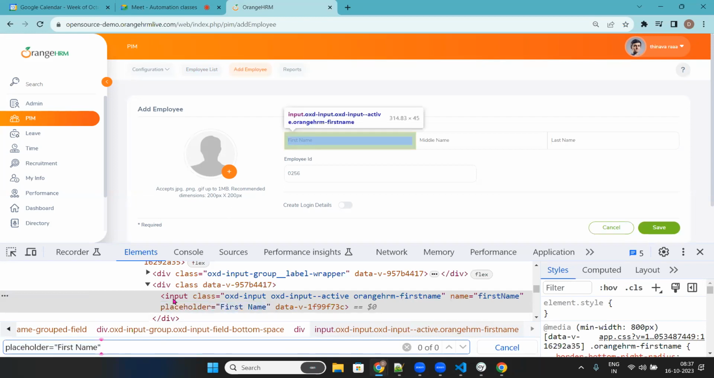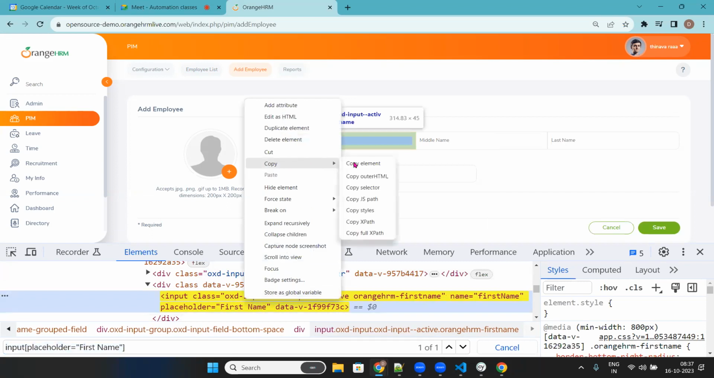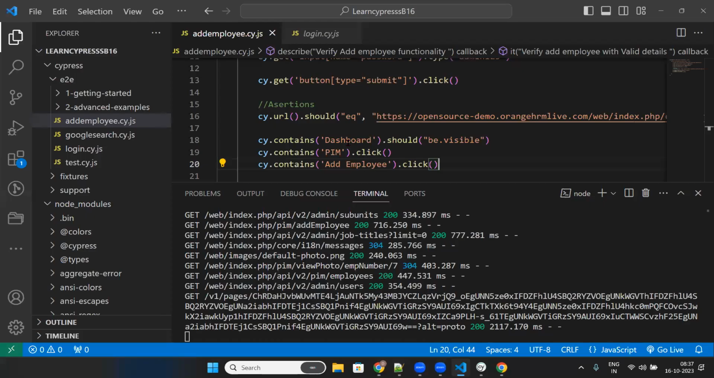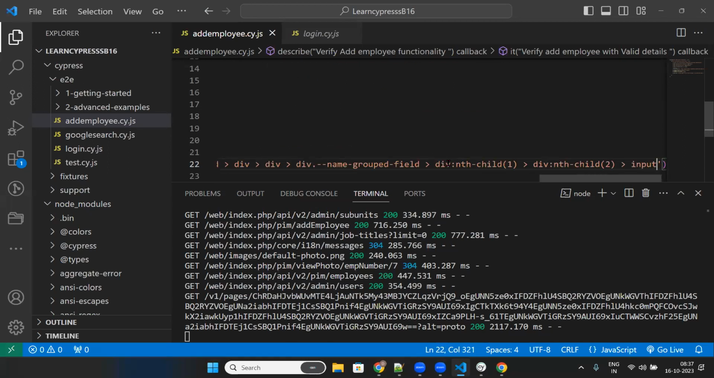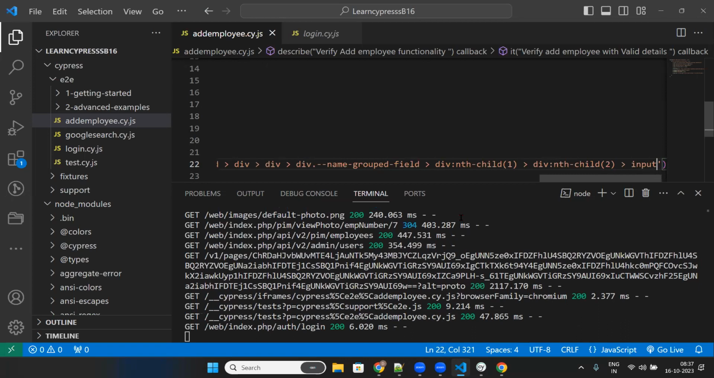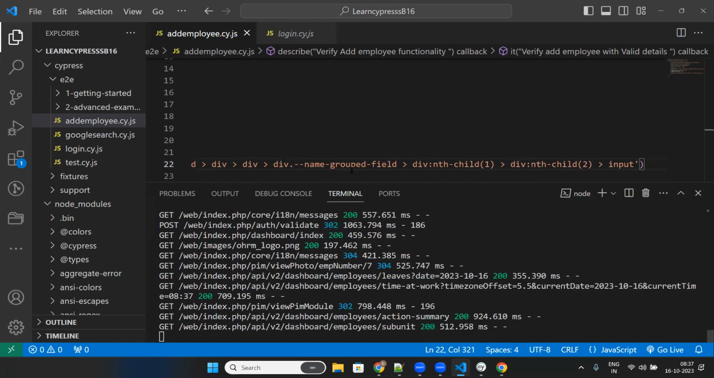Now here, the first keyword, that is the tag name, is input. So I will type input here and then give the square bracket. Then I will teach you guys how to get this locator. Right now you can do it like this also: right click, inspect, here right click, copy the selector. Whatever you get, you can give here. cy dot get, inside this you can give it like this. This is also a correct locator, but you can see a lot of nodes. It is a lengthy locator